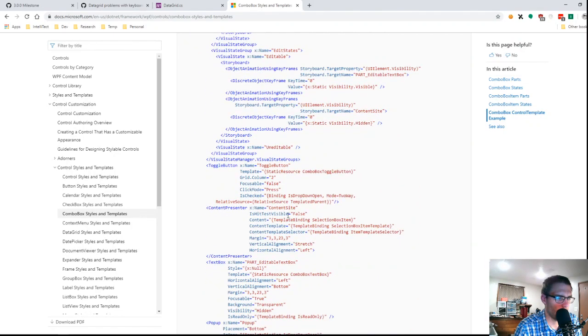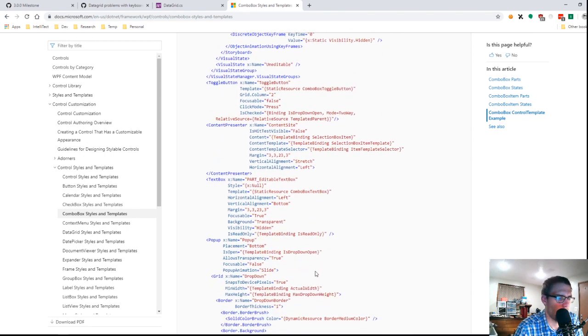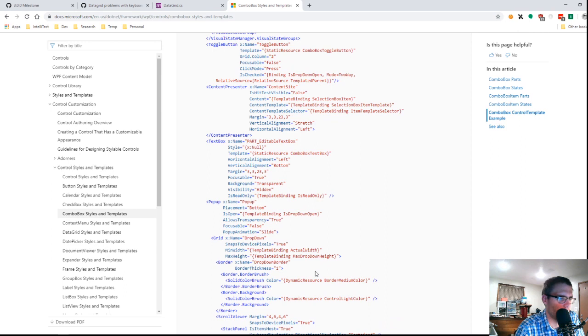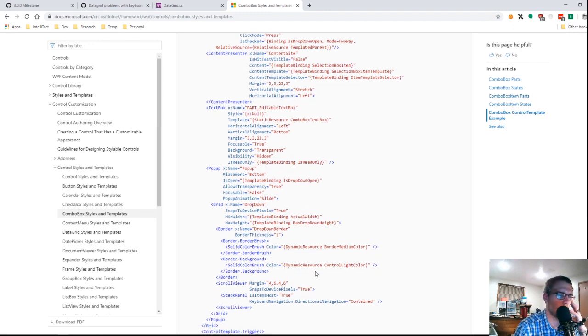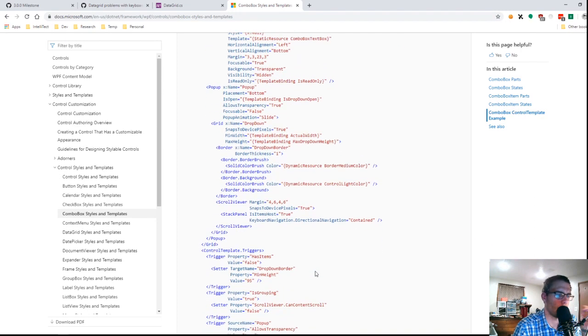This is the actual Combobox. So toggle button, content presenter. Interesting. A little text box. Interesting.